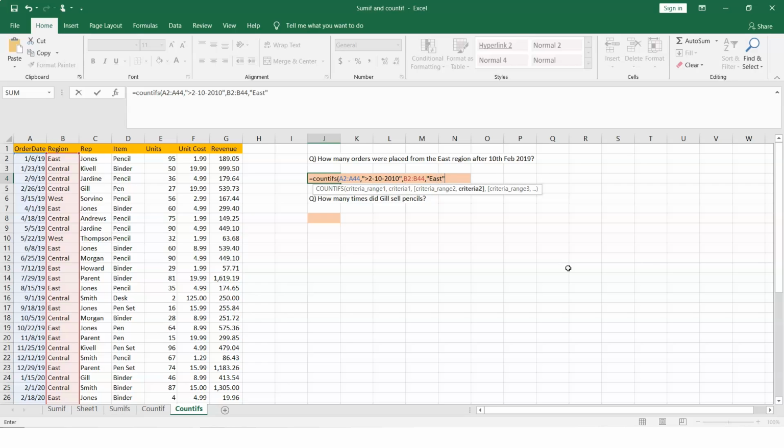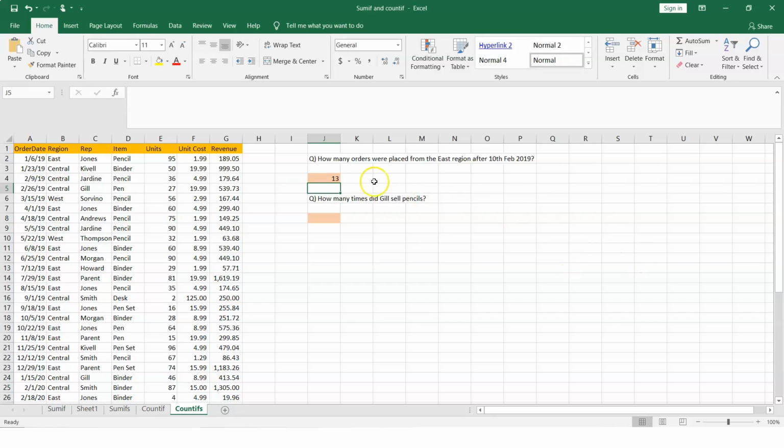Let's give that. And once you have done this, you would want to find out the total number of orders. So let's select this. And if I do this, it tells me 13. Now, is that right? So we are looking for your date, your region being East, and then getting the total